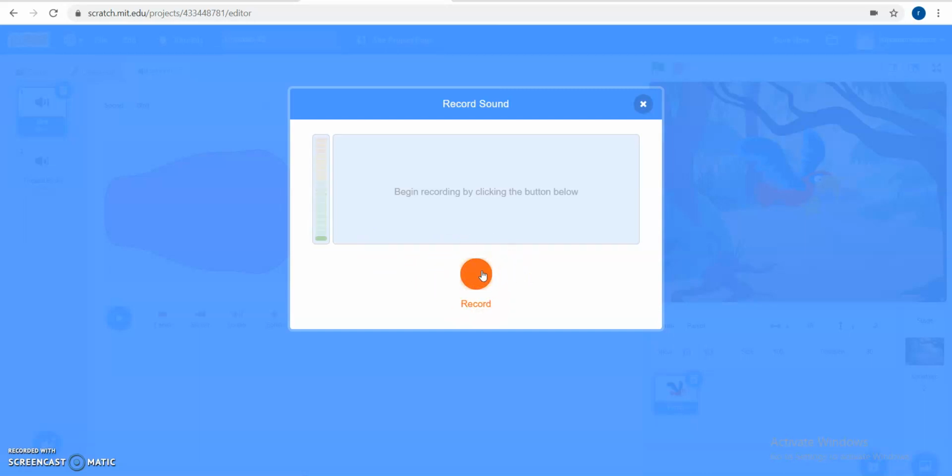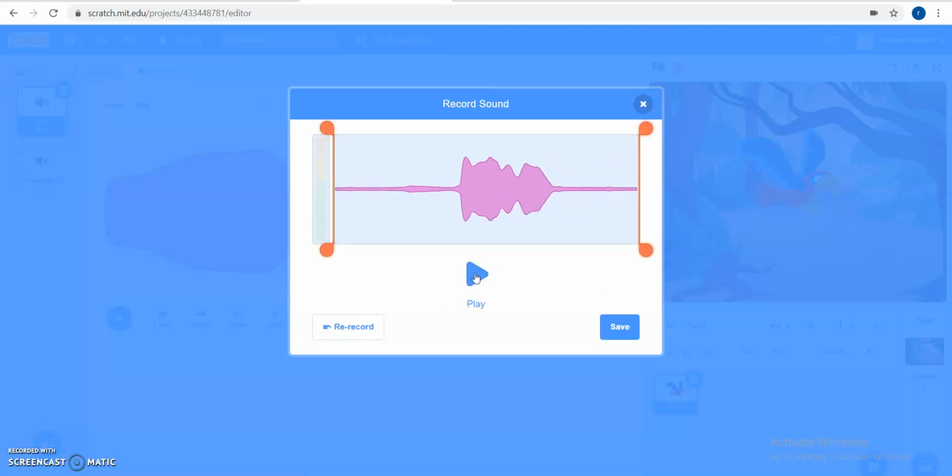So let's start recording our voice. I am just going to click on this orange button and say hello everyone. Hello everyone. So now see, you have three options under this. The first one is to preview your voice.